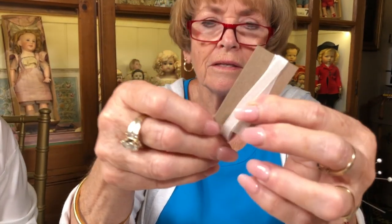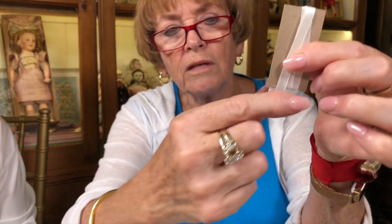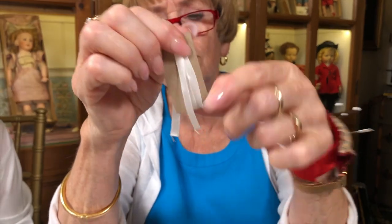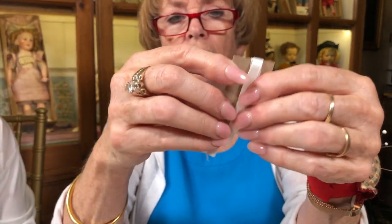So it's all in alignment? So it's all in alignment. This is all together and your tails are hanging. And I think I shorted my ribbon here because I cut it off. So yours is going to be longer, so don't worry about that. So now you've got